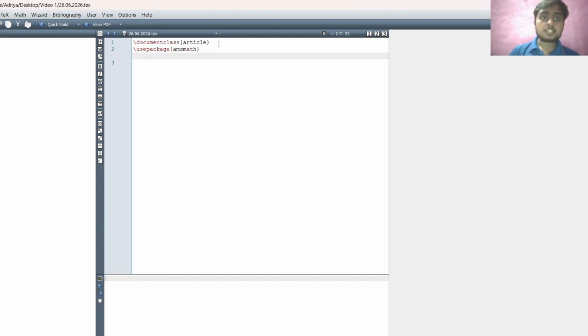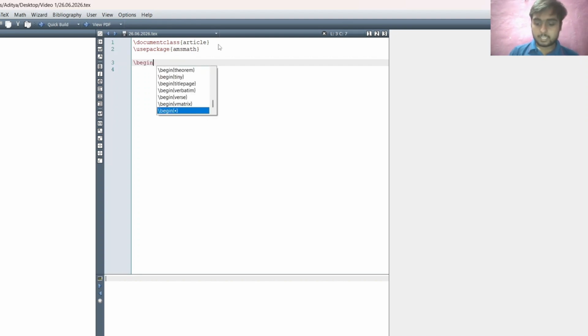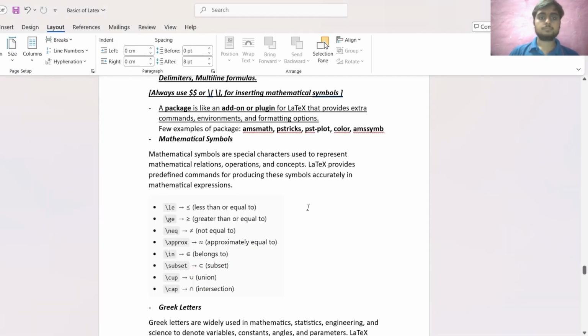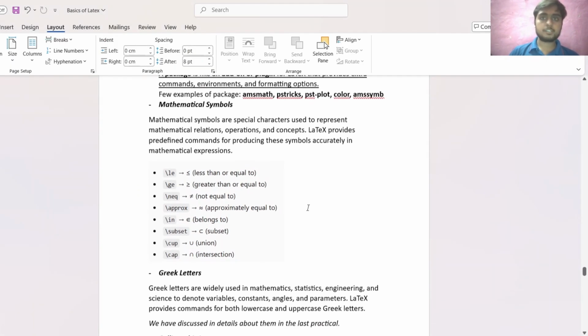So this is a package that involves all the mathematical commands. Then we have the document environment. Okay, so package, I have told you what is the use of package.